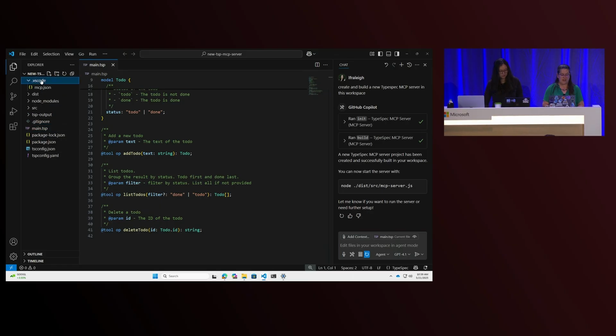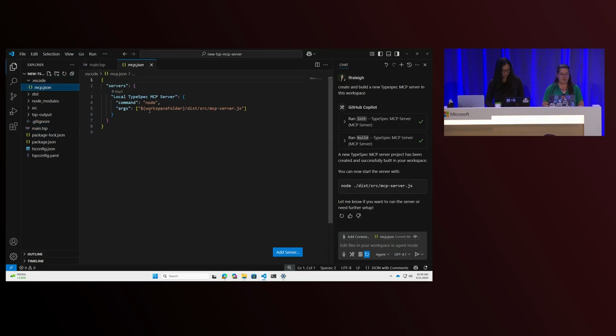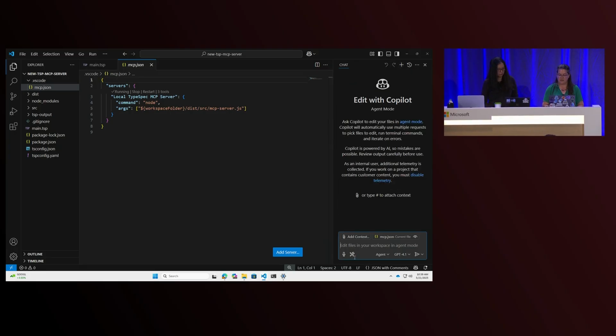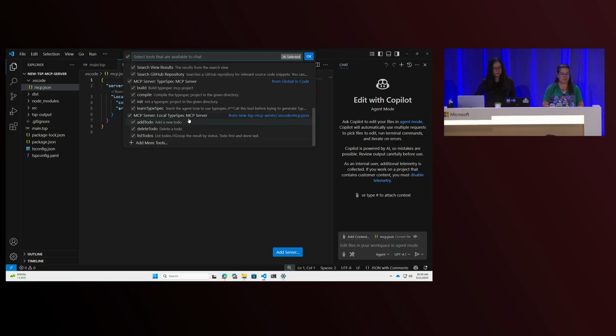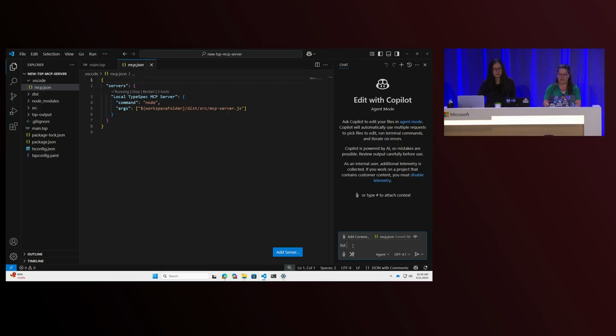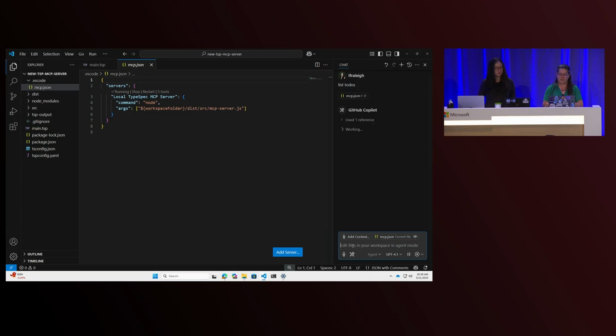So this will have generated an mcp.json file that specifies our new server, and I'll go ahead and get it started. And if I get a new chat going and pop up our tools, we now have our local TypeSpec MCP server with our 3 tools available. So in Copilot, I can just say list to-dos, and this comes with some data already in the local file system. Has 3 things it would like us to accomplish. It would like us to learn TypeSpec, learn MCP, and learn about the TypeSpec MCP agent.